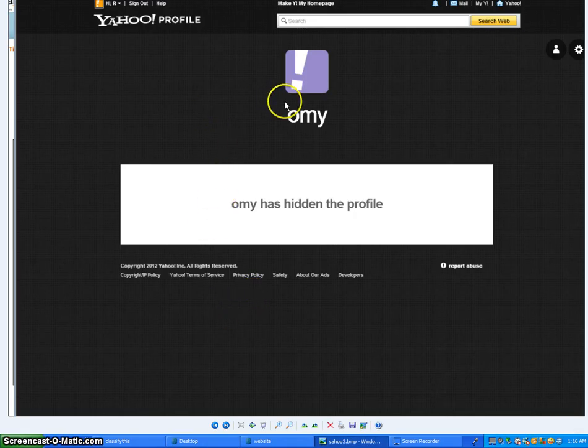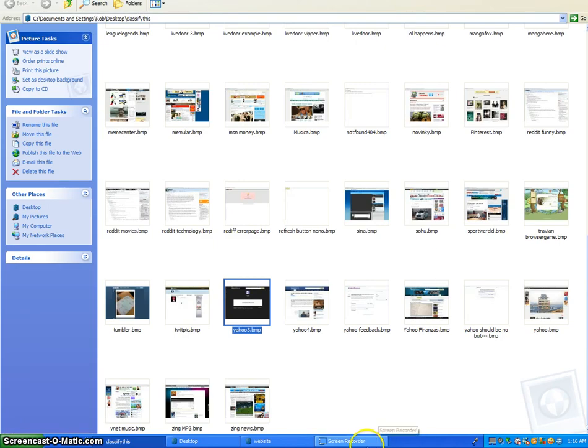Okay, here's a Yahoo one. This is the profile's been hidden, whatever, but it is a Yahoo profile. It has login, sign-outs, different connections. So this one you actually want to pick a yes on. It's borderline, but pick yes. You will not get this one rejected. I've not had a problem with it.